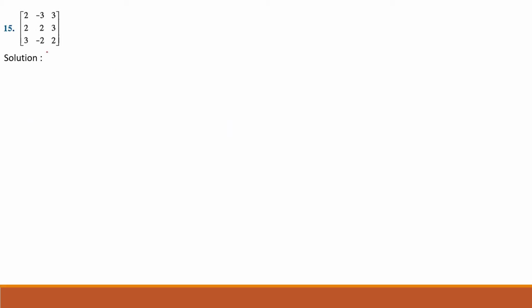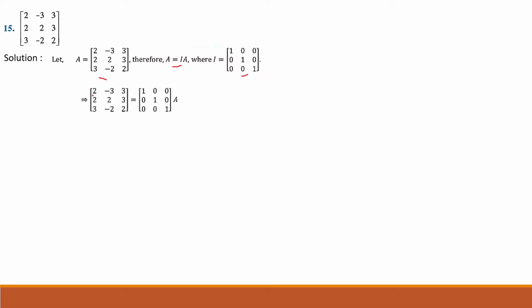For the 15th problem, let us take this matrix as A. Now this is a 3 by 3 matrix, so the identity matrix will also be a 3 by 3 matrix. So first we'll make this element 1 and by using this one we'll make these two corresponding elements 0. So now what should the transformation be to make this 1? Here we cannot do this type of transformation, R1 to R3 minus R1. If we want this type of transformation, we have to do R1 to R1 minus R3.